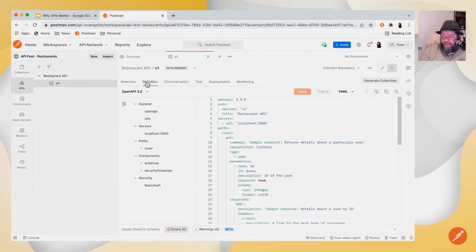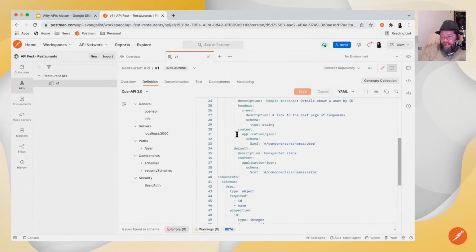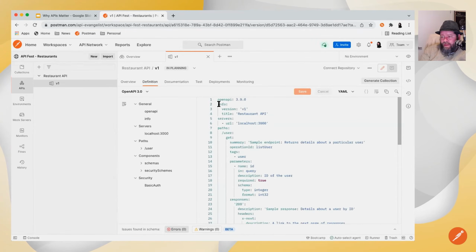The second tab is our definition. This is like a config file, or this is the outline of our API. So this is an OpenAPI 3 file, and it describes the surface area of our API. And when you create a new API in Postman, you get some parts and pieces here. We're going to clean this up and walk through it. But the first thing you get is a little bit of information, and I'm going to zoom in because this is always